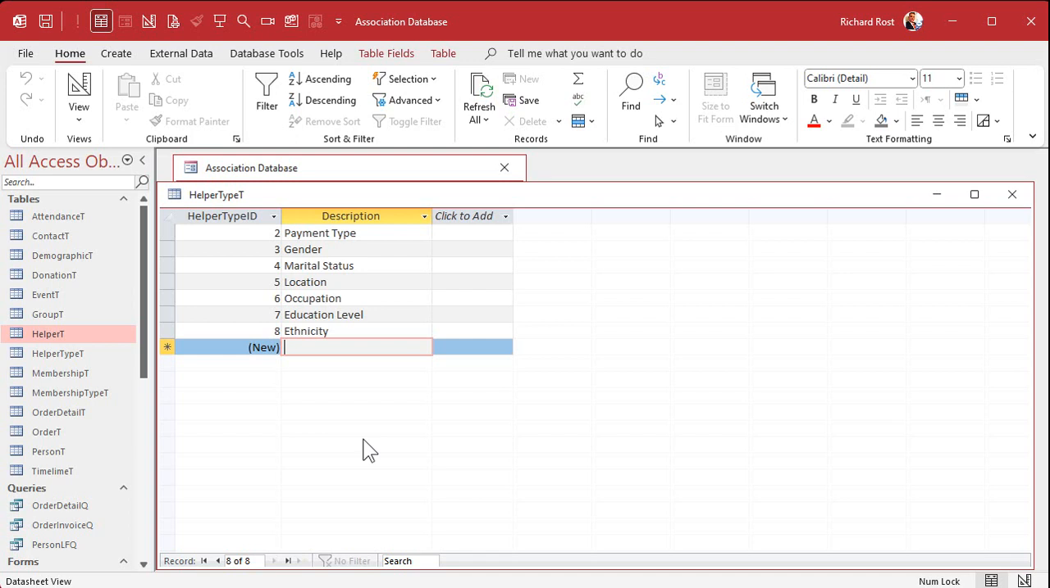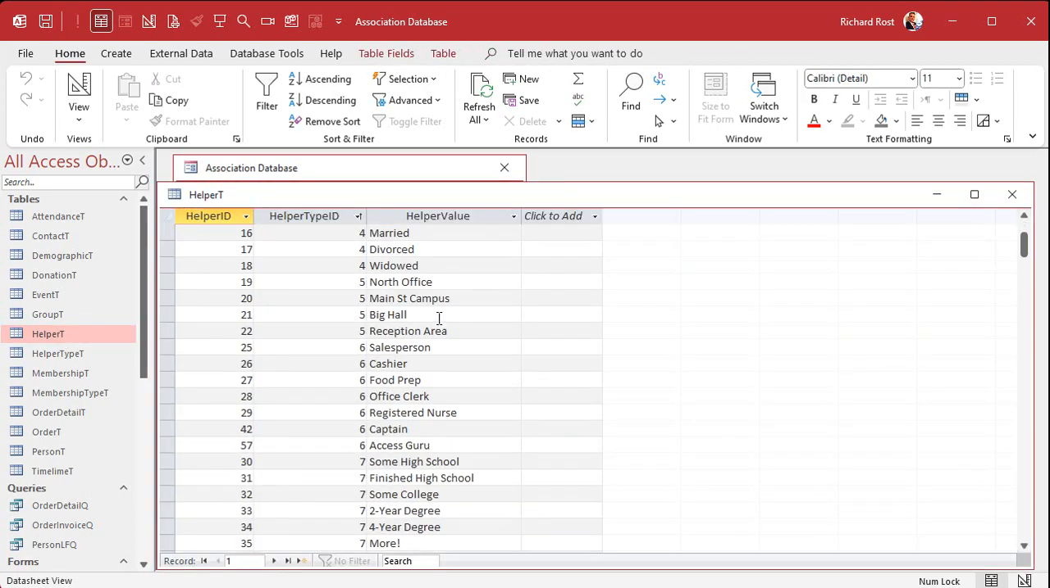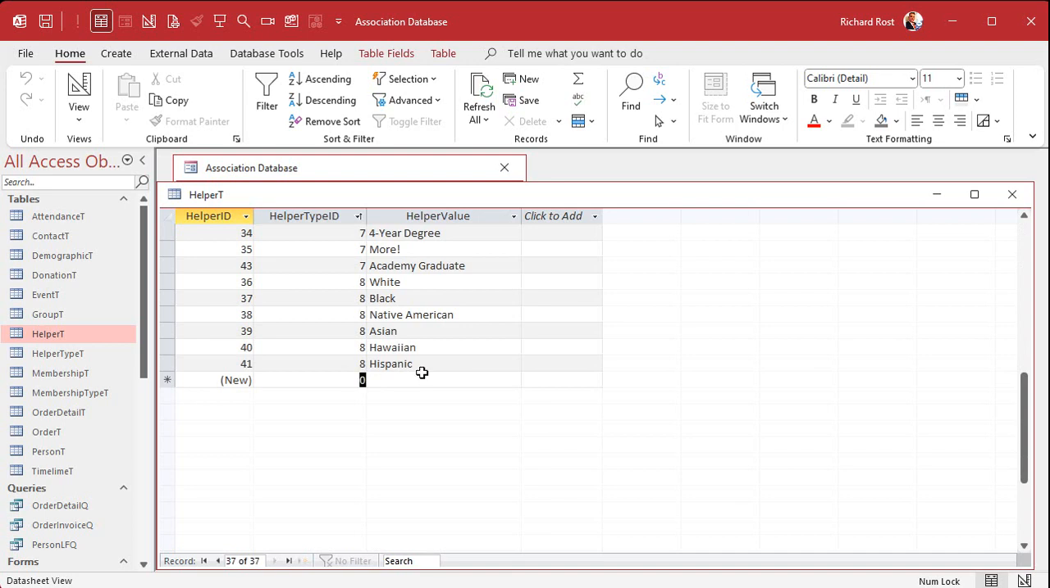All right, so now we're going to put in here group types. That's going to be type 9. So come back over here in the helper table now. Group 9 is going to have a list of all of the types of groups in the database. So the first thing is going to be a family. Okay, see, company,